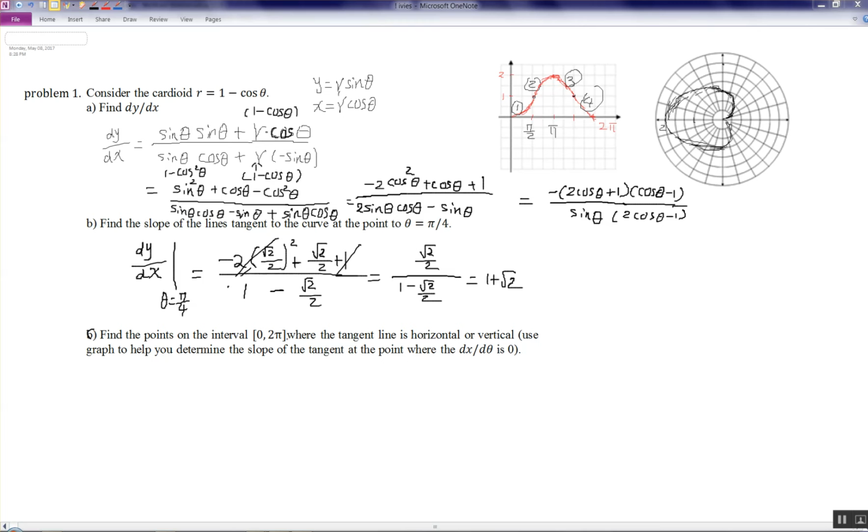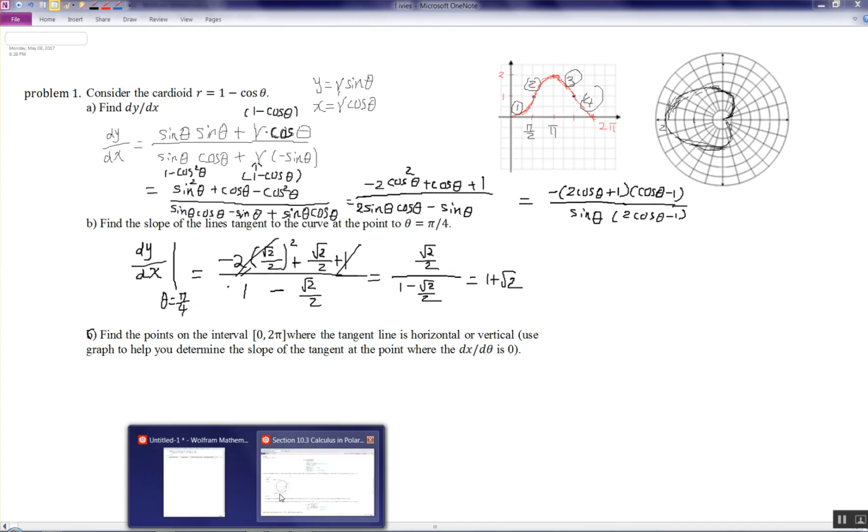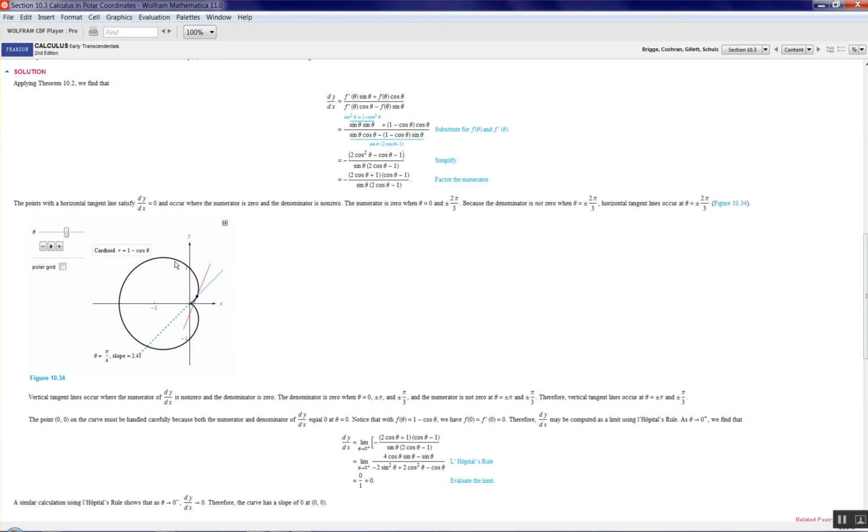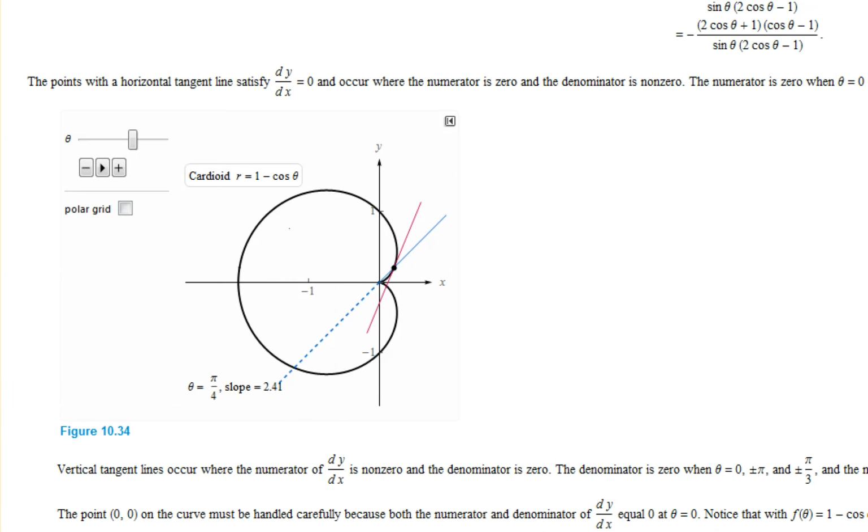Now let's continue to discuss part C. In part C, we want to find the points where the tangent line is horizontal and vertical. We want to discuss both. For the horizontal one, let's take a look at the graph here. I actually want you to take advantage of the graph and use it